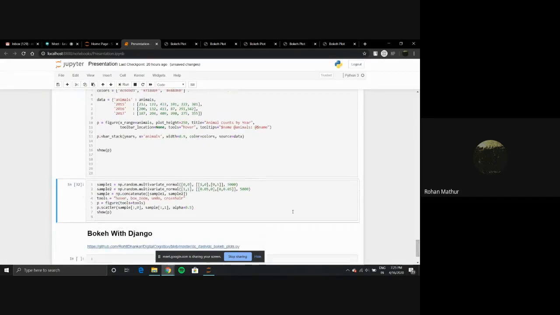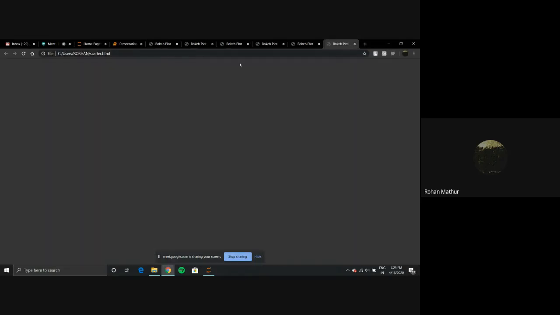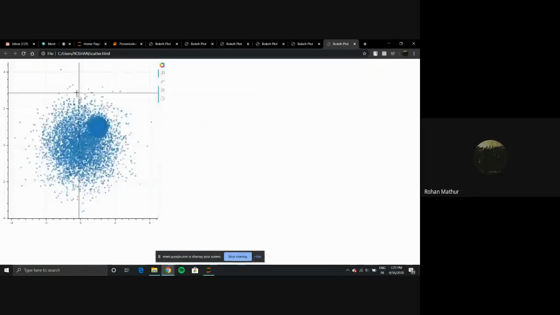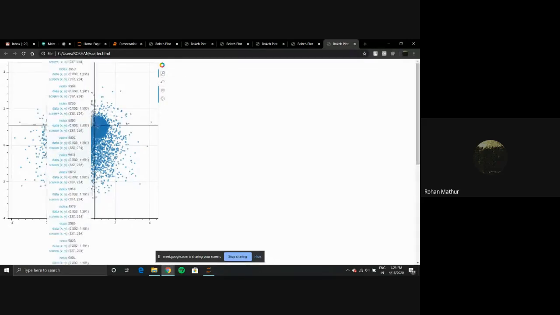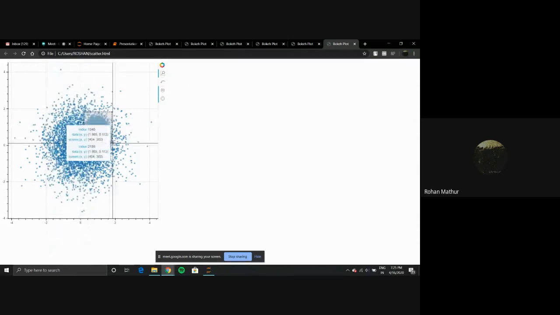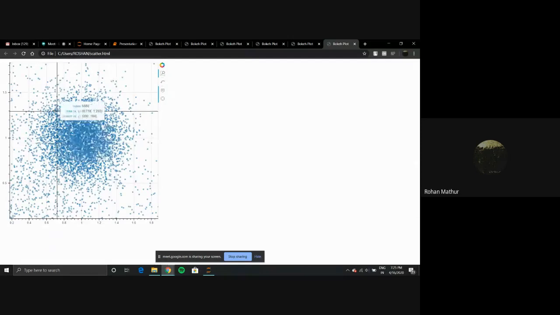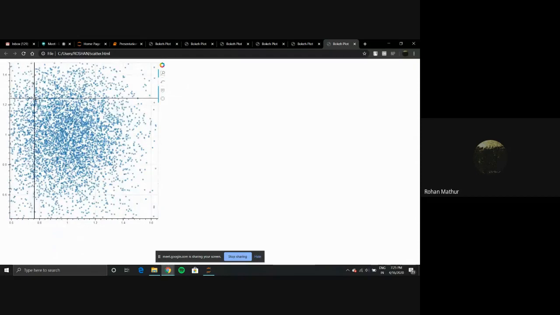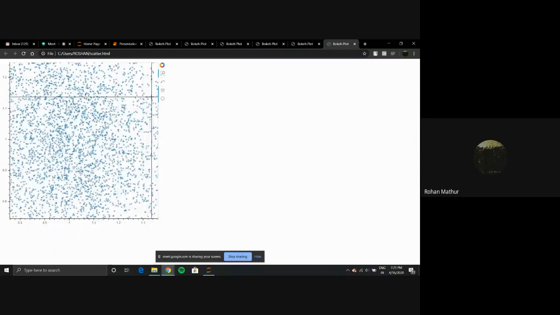And one last one which we'll be looking at is another scatter plot. Here again, I've just computed some random variables, put them in, and then displayed it. When I run this, I get this scatter plot. Again, I'll be going over some tools. So this is box zoom. If I zoom in on this area, I get this. Then if I want to zoom in more, I can do it as much as I want.